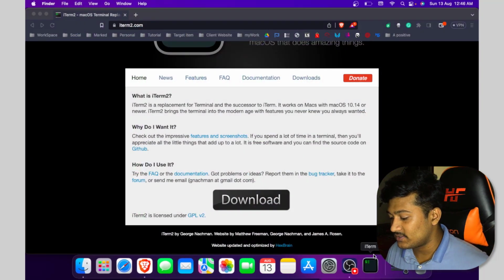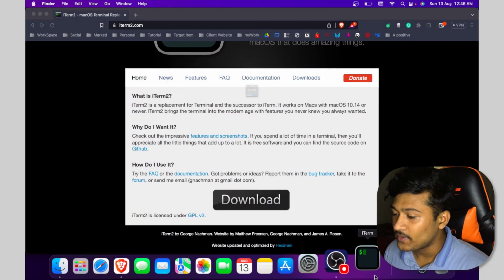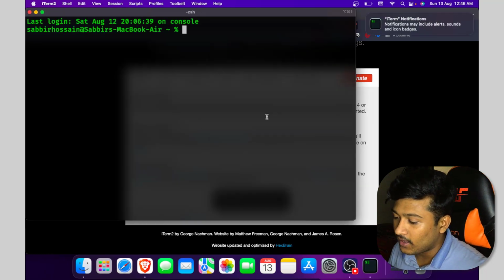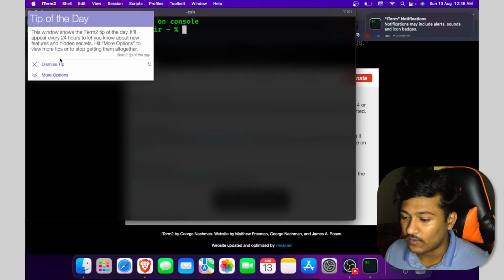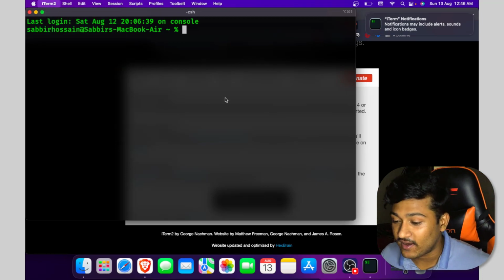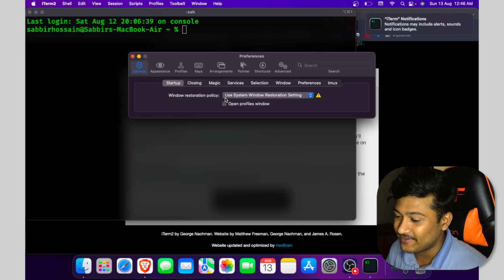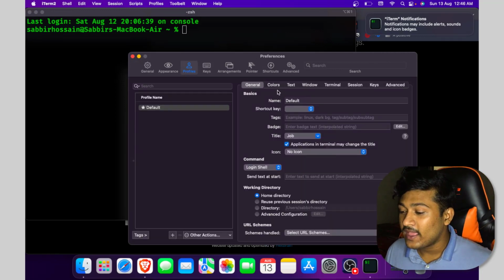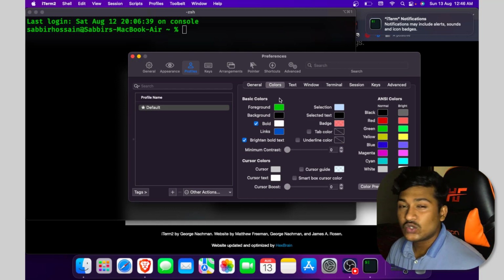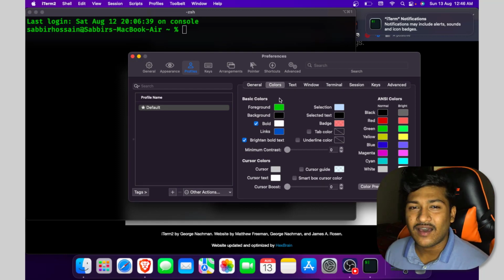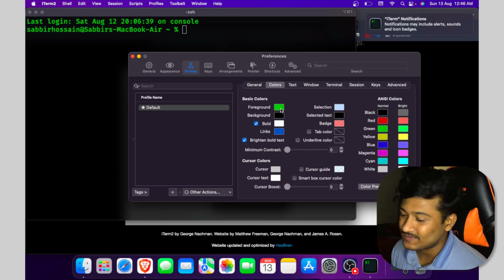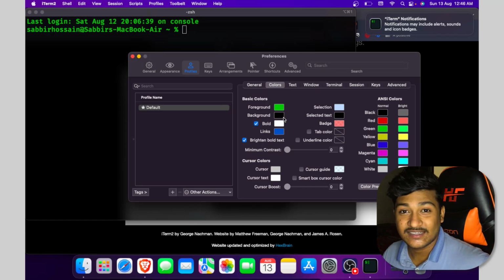As you can see here, it shows iTerm2. So just open it and make sure you update some settings. Go to the iTerm preferences and go to the Profiles section. As you can see here, there are lots of options like the colors. To better use it, the foreground color is like this, I mean this is navy blue, and the background color is fully black.